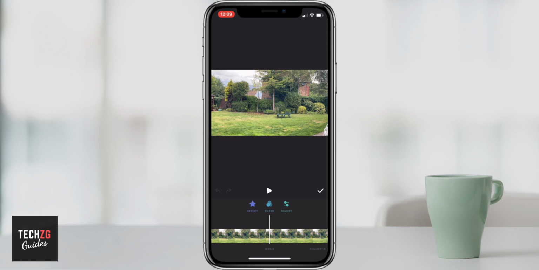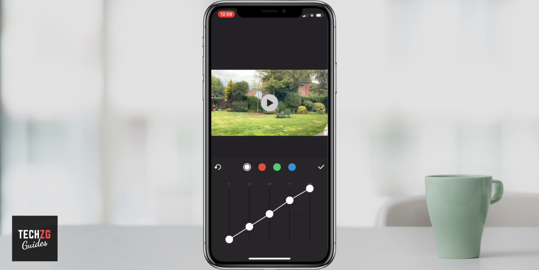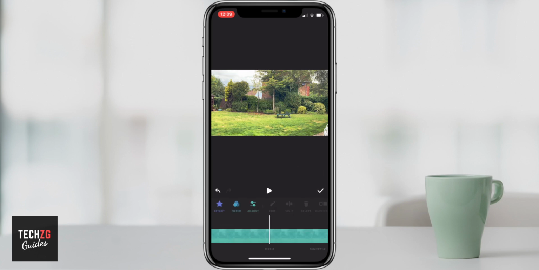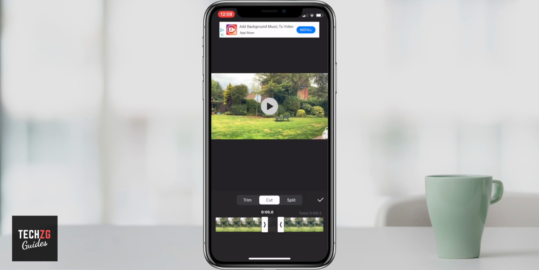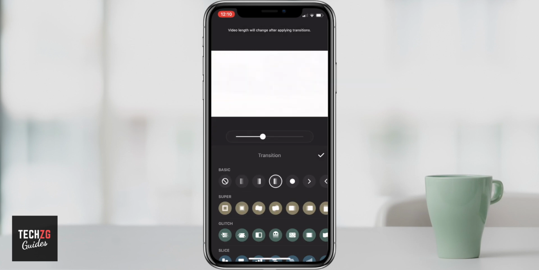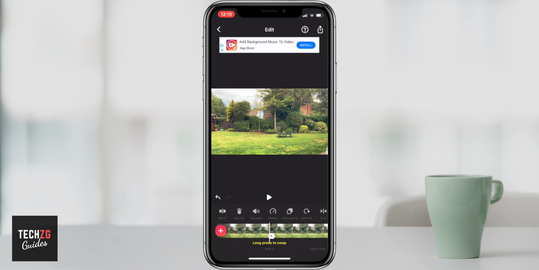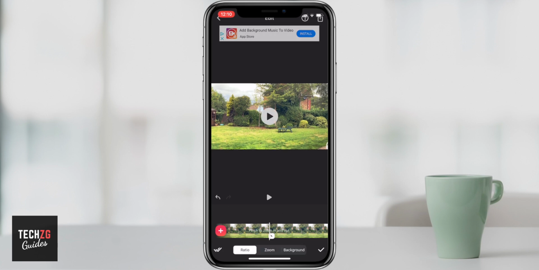So what I would suggest is maybe just changing the aspect ratio in the iPhone photo editor first and then putting it into this one to add some of your text effects. Something really good about this one though is that you can add music onto your videos from iTunes, either your iTunes library or you can go to iTunes and get pretty much anything. So that's really cool. Definitely some copyright issues if you're going to upload this to YouTube, but if you're just sharing it amongst yourselves or just making it for yourself, putting some really cool music on there, it's really easy